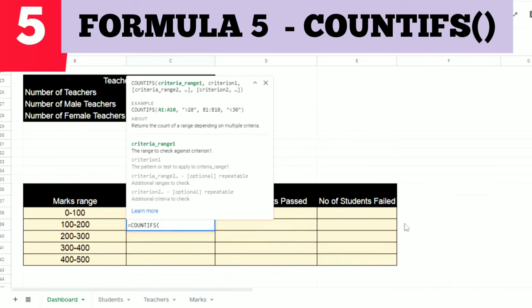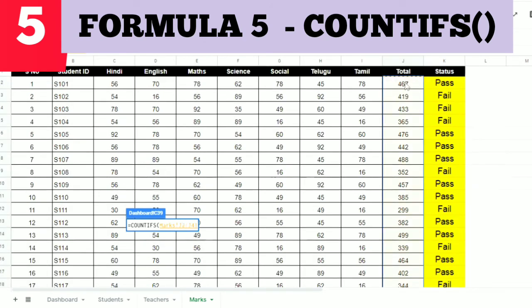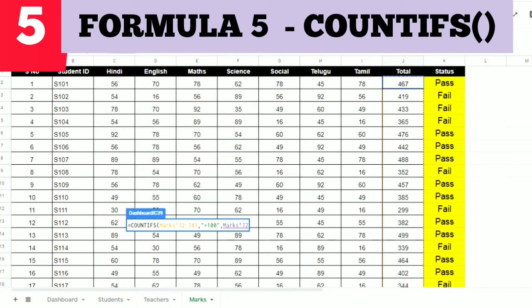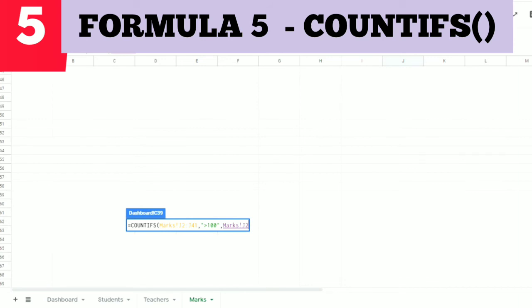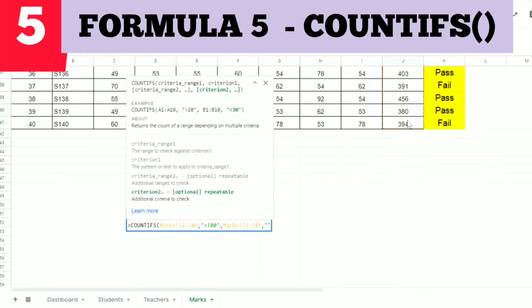Yes, and I'm just selecting the marks column again, and the same range top to bottom. And what are the conditions here? Here the condition should be, sorry, greater than 100, and for the same range the condition should be less than or equal to 200.